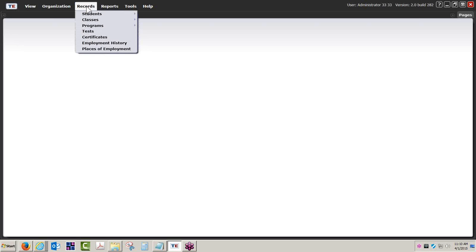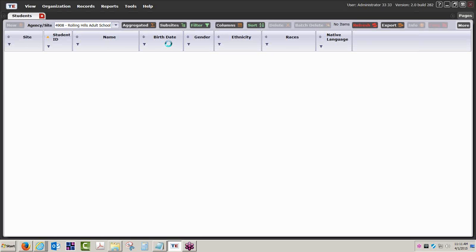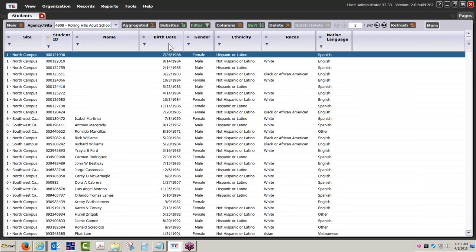The first, which I will demonstrate, and you can follow along if you have grabbed a copy of section 8.9 in your CASAS eTest guide, is from the records menu, select students and demographics. You could select tests, but just stay with me, folks, and you'll understand why this is the recommended approach for adding test records. First off, a student demographics record must exist in order for you to add a test record